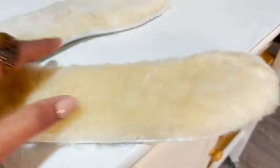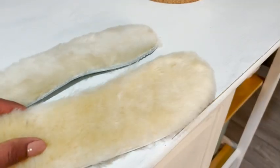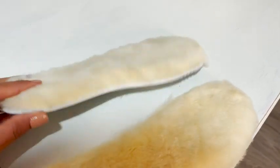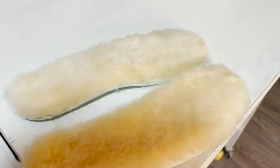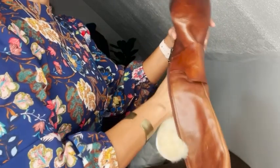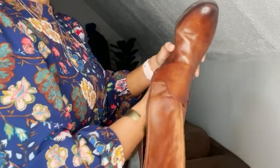I have been loving these since you can see they're very soft and cozy, but also they're moisture wicking, so if your feet tend to sweat, you don't have to worry about this because it's going to be dry but still warm. I love putting these inside my boots, but you can use it for pretty much any shoe like